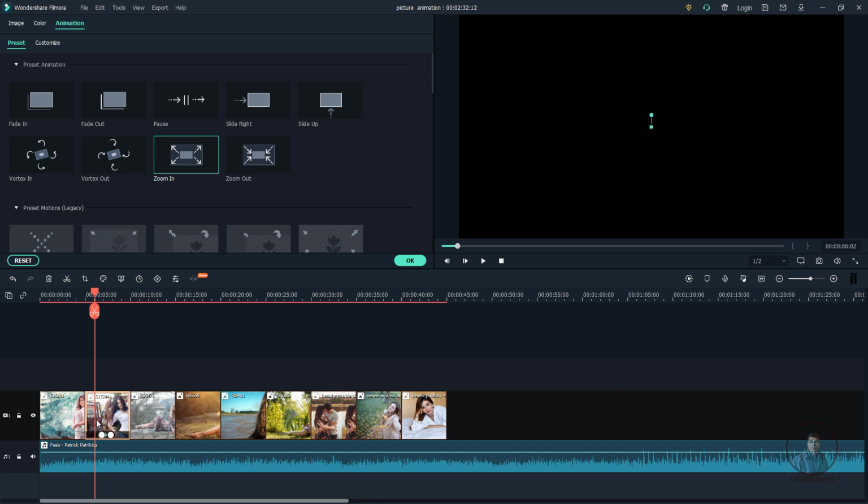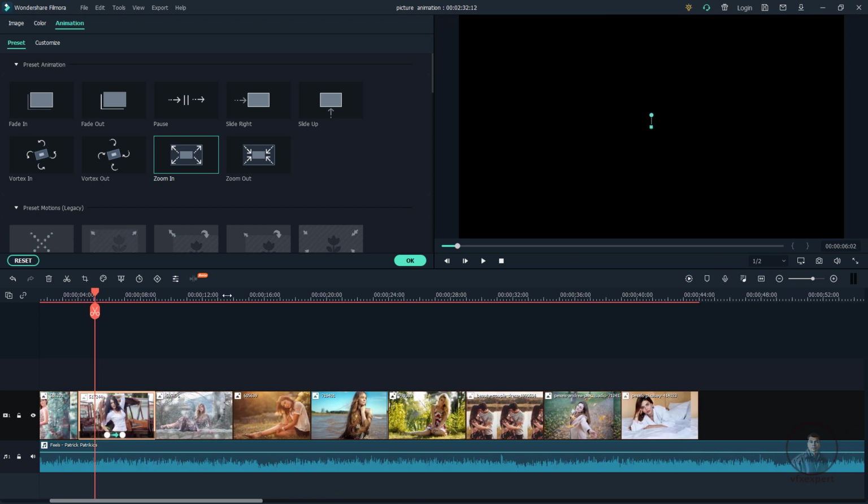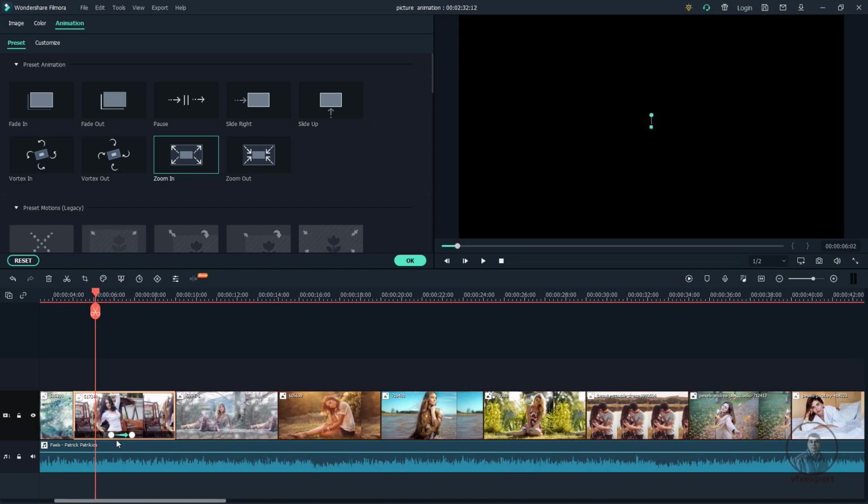So you can see this animation. Now a little bit zoom this timeline. So just left click and adjust it here. So you can see here this one here. So in this timeline where you will drop this animation, this will start from that frame. So you will see here. So this will start from this time here. You can see this one here.